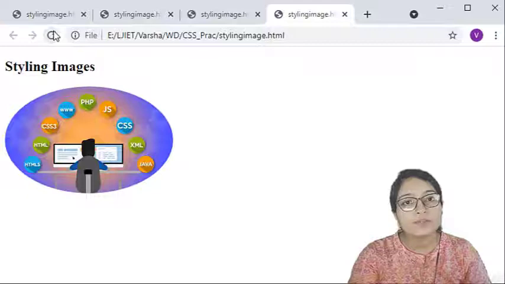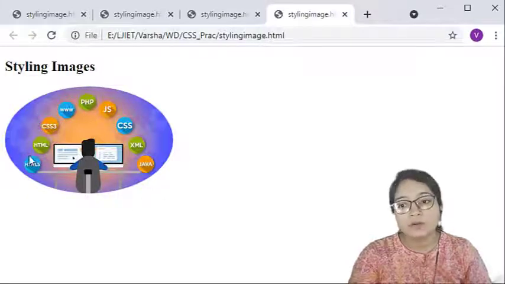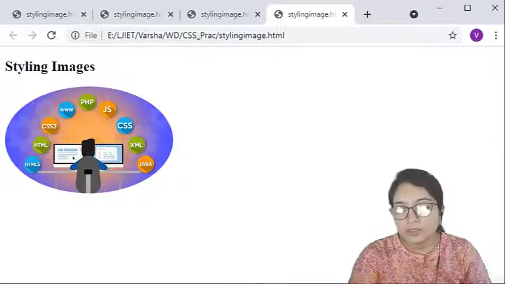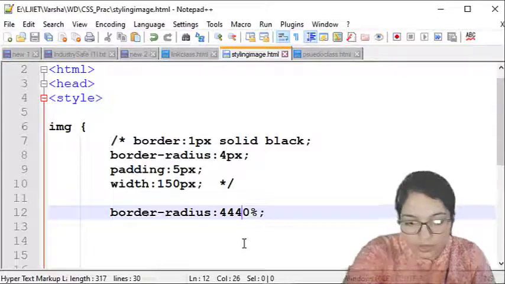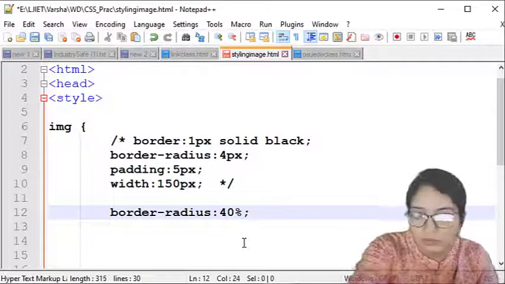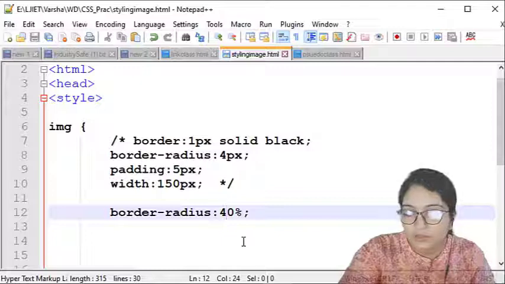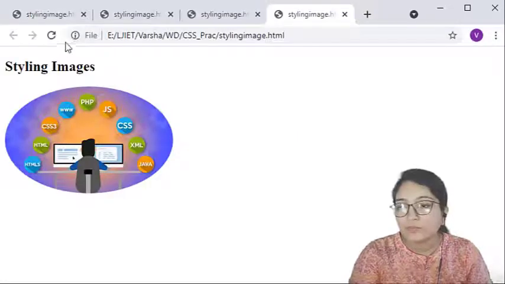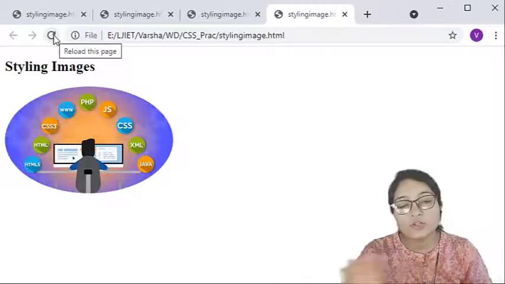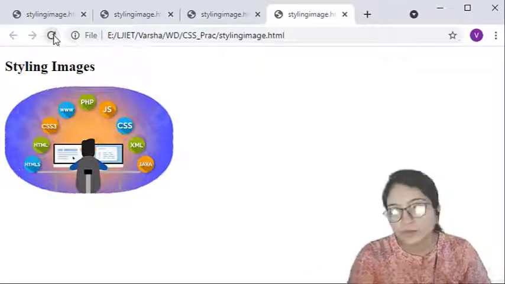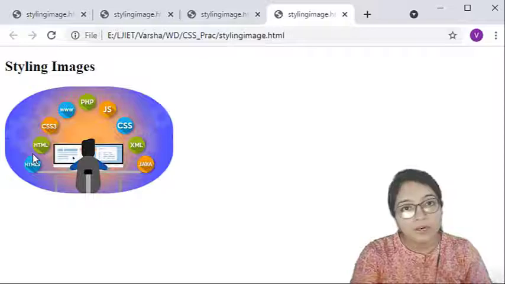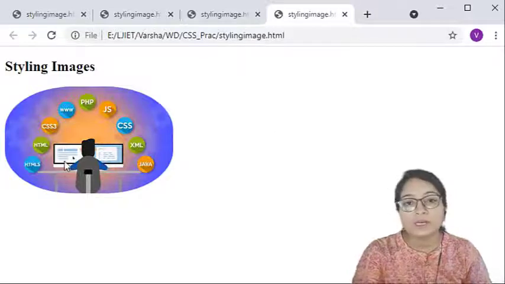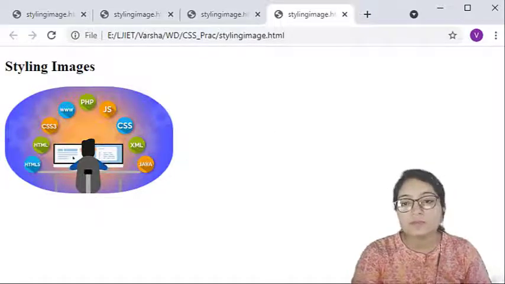Got it? This will be the output, this is the 40%. If you write more than 50%, it will be considered as just 50%. See here. Got it? This way you can define rounded images.